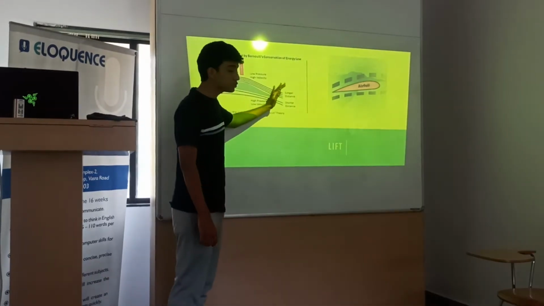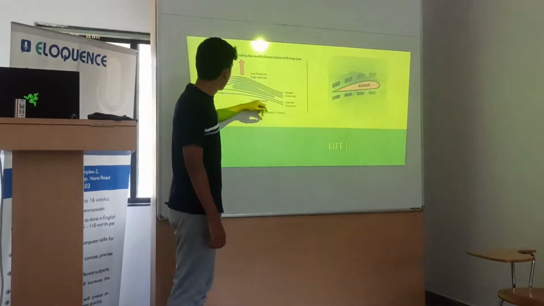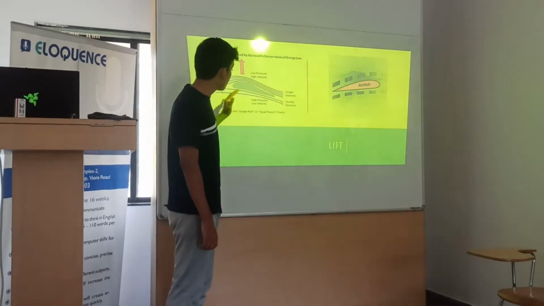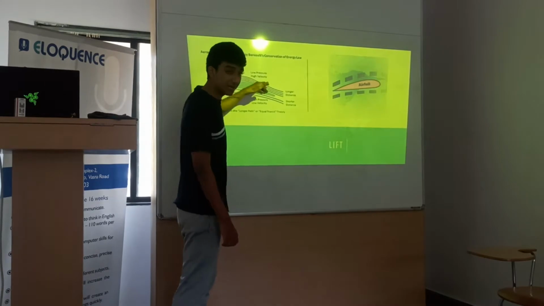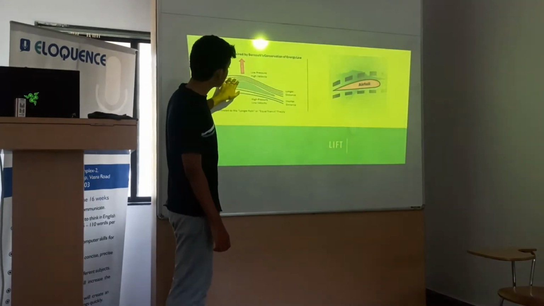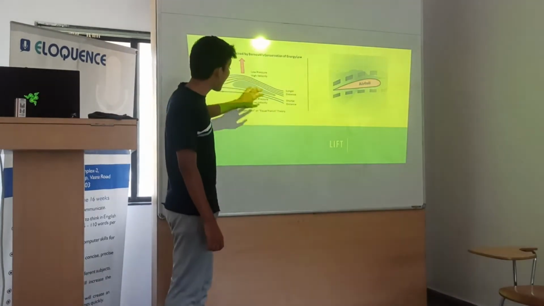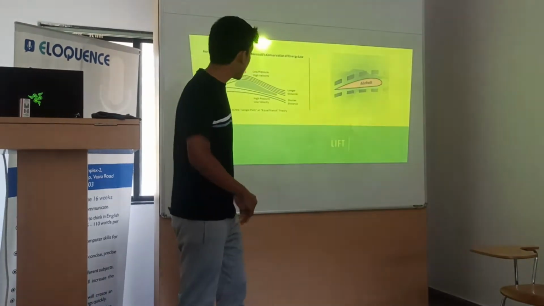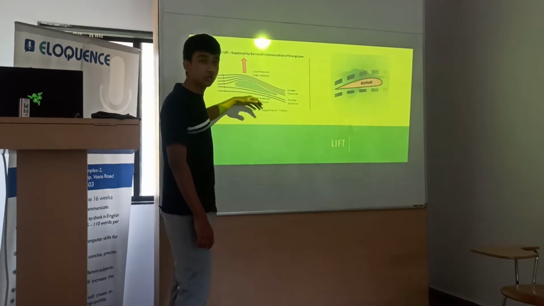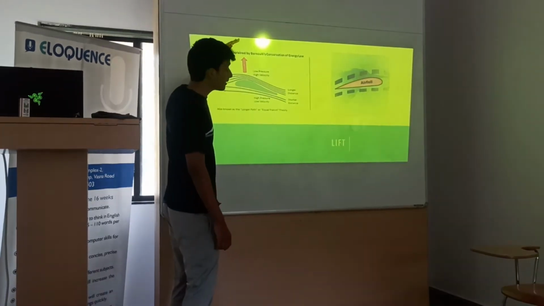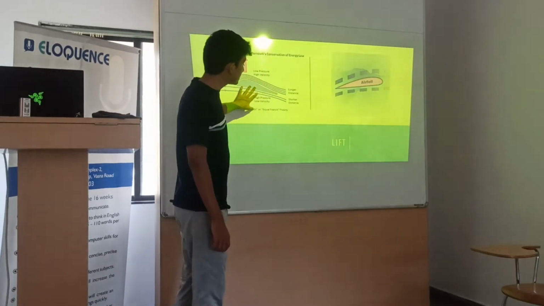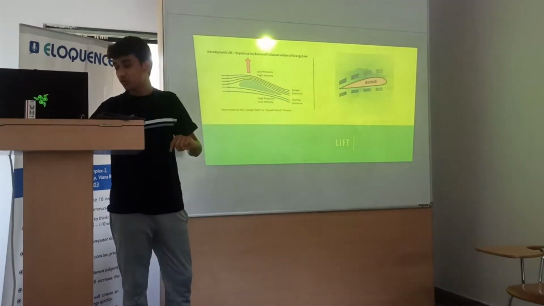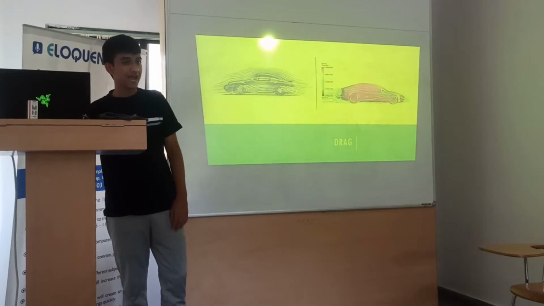When air flows through the airfoil, air on top of the foil moves with a very high velocity compared to the bottom, because can you see this round shape? So now due to this, a low pressure is created on top and a high pressure is created at the bottom. And as we have all learned in basic physics, air pressure always moves from high pressure to low pressure, thus pushing the object upwards. So this is the basic concept of how lift works. Now let's move on to the next principle, which is drag.